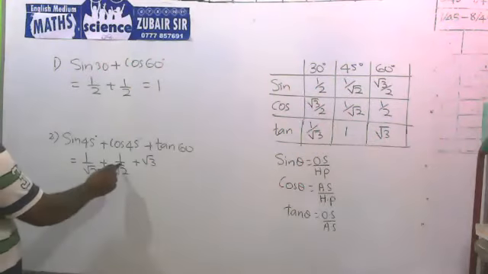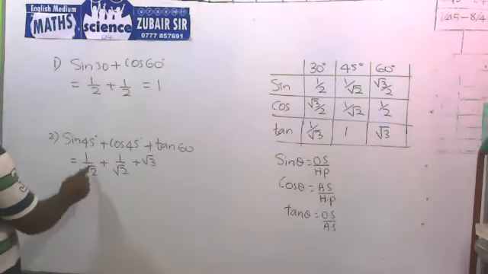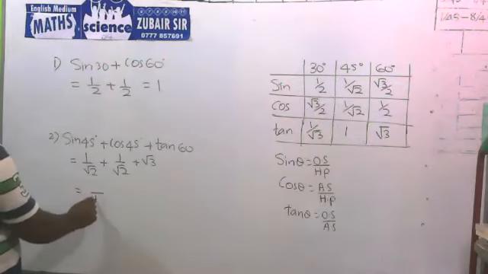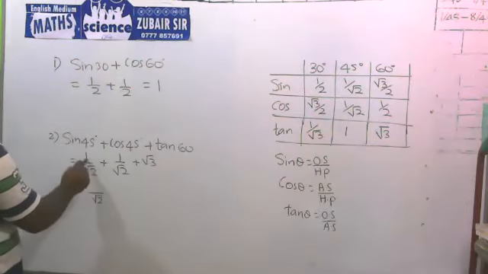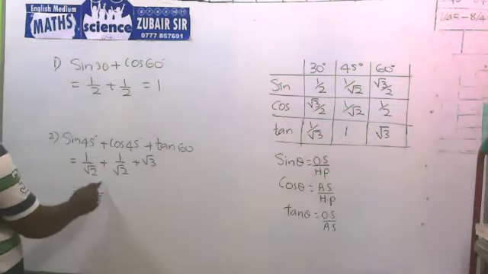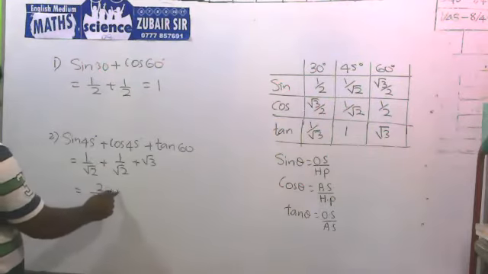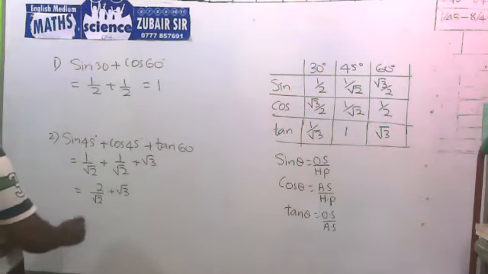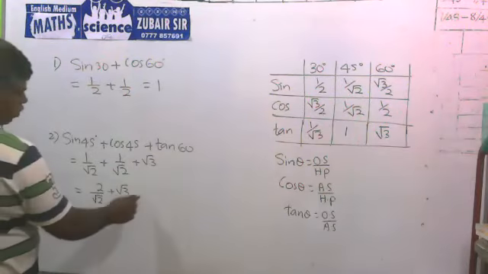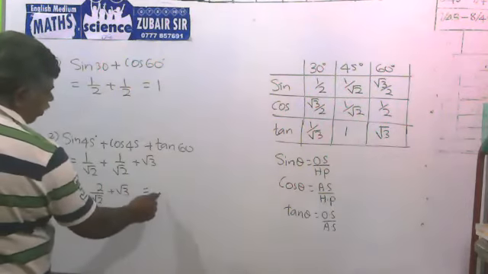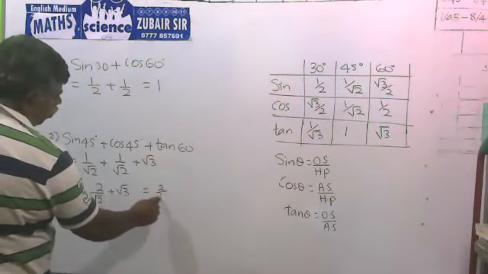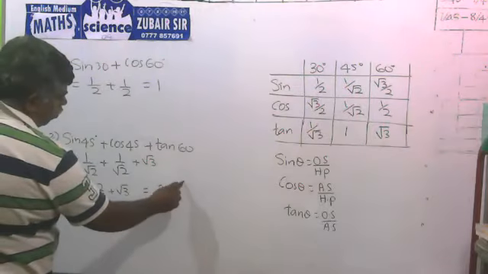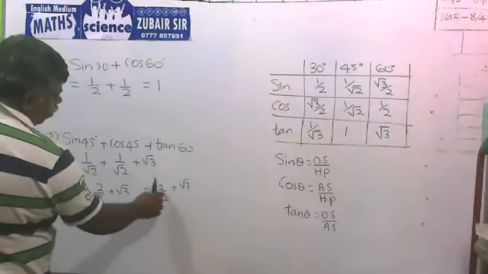Then 1 over root 2 plus 1 over root 2 means lower part is root 2. That can be taken as the LCM. Upper part 1 plus 1, 2. Plus root 3. Then 2 over root 2. This can be simplified. How to simplify? Here 2 over root 2, no. Plus root 3, no. Now